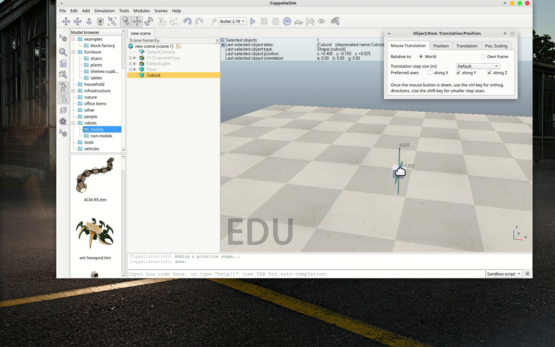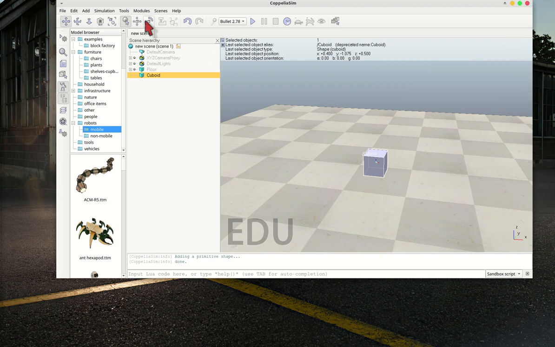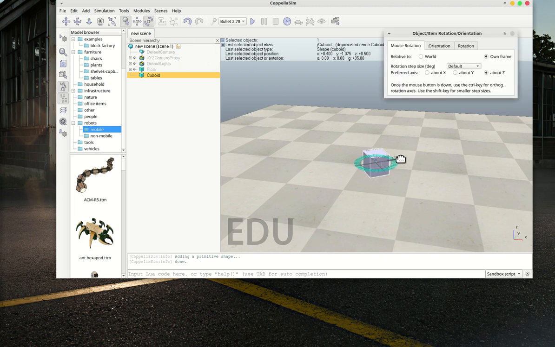Because the size of the unit is 1.0, 0.5 means on the floor. This one is on the floor. So you can rotate the object.